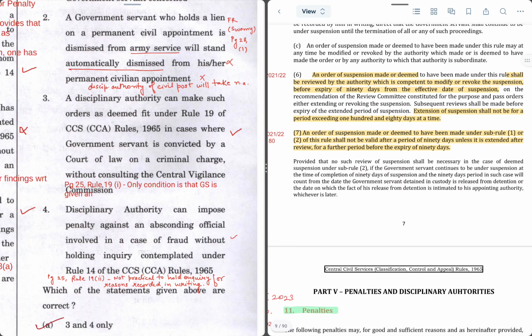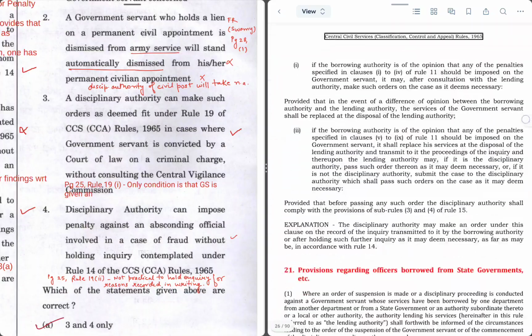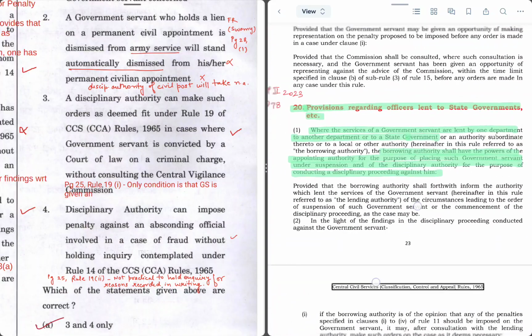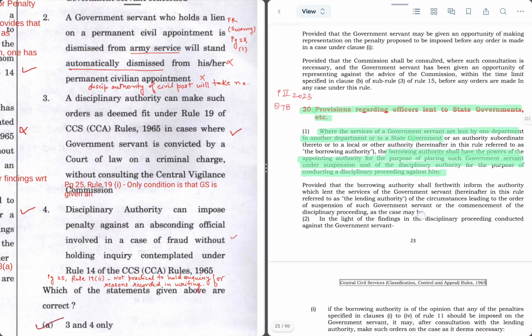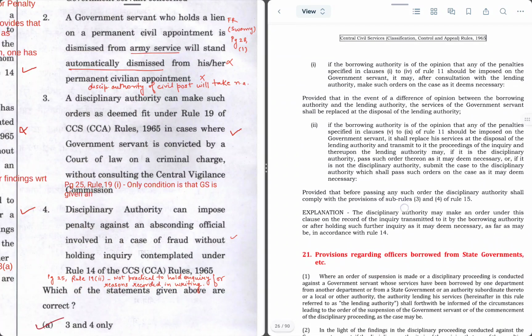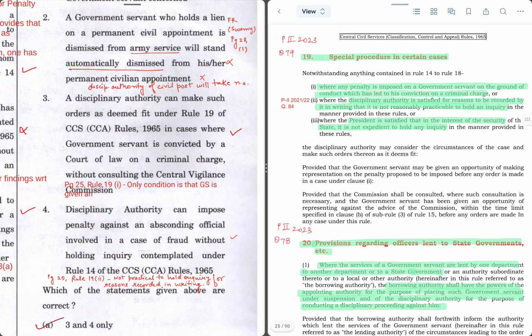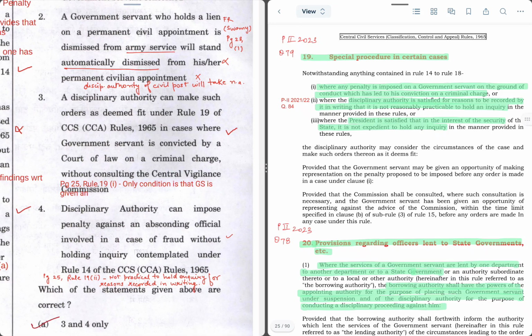A disciplinary authority can make such orders as deemed fit under Rule 19 of CCA Rules 1965 in cases where GS is convicted by a court of law on a criminal charge without consulting the Central Vigilance Commission. So again, we'll refer to page 25, and Rule 19, where it is written special procedure in certain cases. So इस केस में केवल एक मैंडेटरी रिक्वायरमेंट है यहाँ पे कि जो जीएस है,